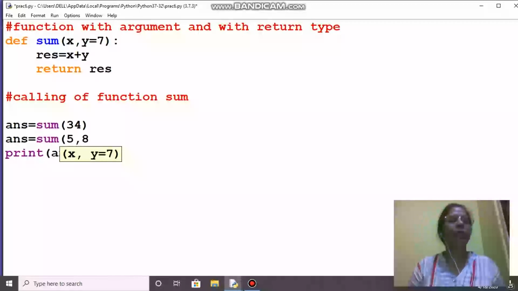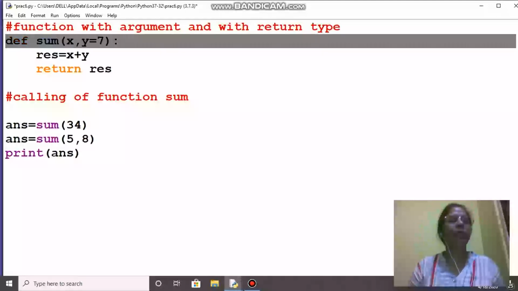And here I am sending 8. Now what will be the answer? This is reusability. Once I have written the function sum, I can use it as many times as I want. So 5 will be received by x, and 8 will be received by y.